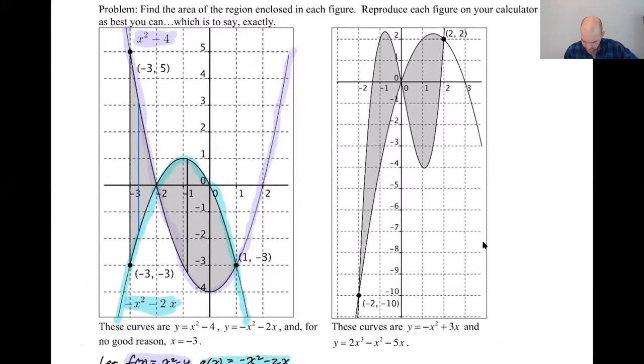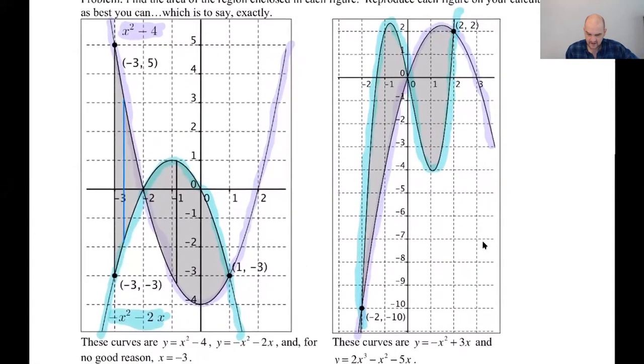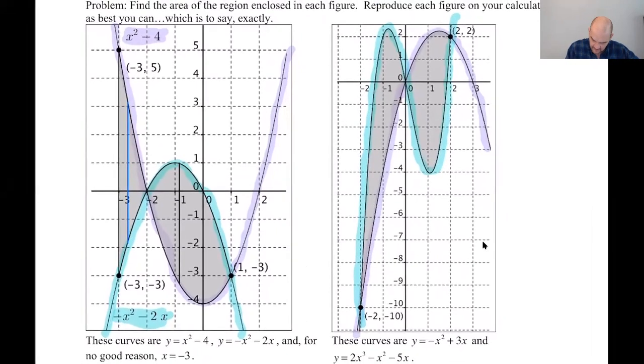So we have a cubic thing and we have a quadratic thing. So I'm going to highlight the quadratic thing first, and then I'll highlight the cubic thing. Kind of like this. I think the highlighting is really helpful to me. I don't know how you feel about it. So on our first interval,